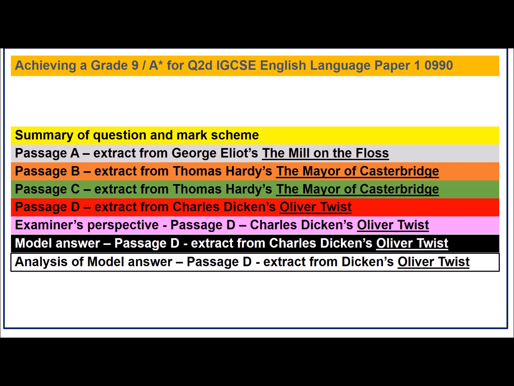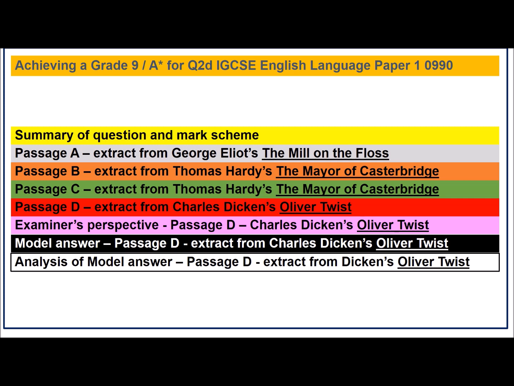In orange, I move to my first extract from Thomas Hardy's The Mayor of Casterbridge. Once again, rather than doing a full 2D question, the aim is to help you analyse specific phrases in as much precise detail as possible. Green contains a different extract from The Mayor of Casterbridge. In this section, we look at a pretty tricky example of imagery and once again aim to analyse this with